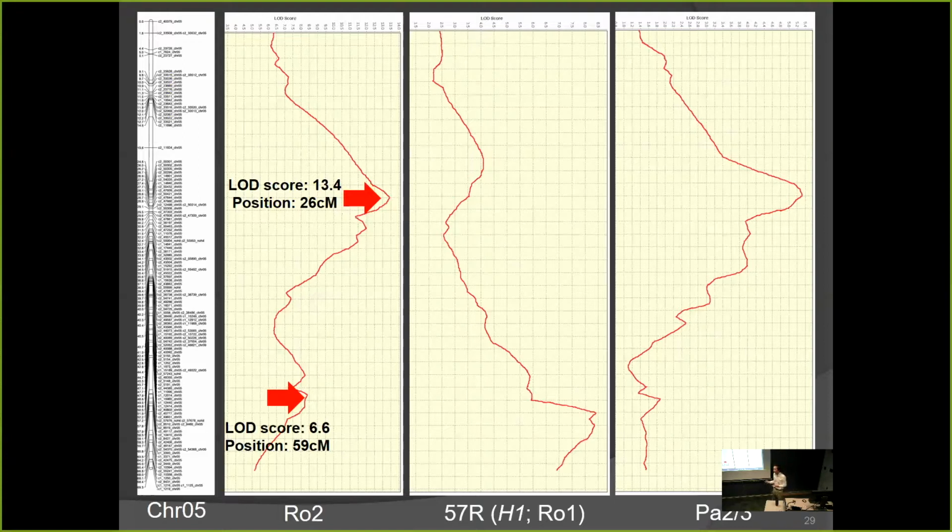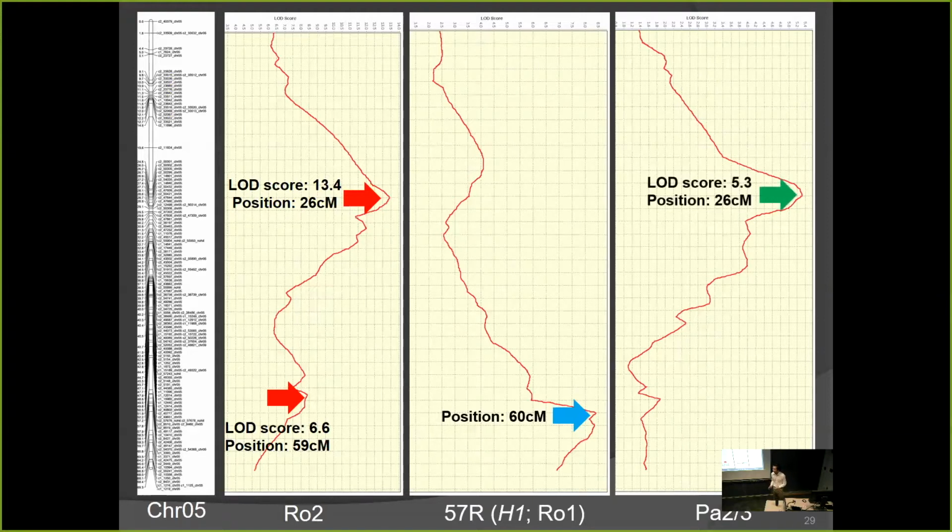PA23/2/3 means a mixture of pest type 2 and 3. So when I check the location of H1 gene, as you can see here, it was located on the 66 organ on the chromosome 5, which is very close to the second QTL peak of the R2 resistance. And when I checked the G-pallida resistance QTL peak, it was perfectly matched with the most significant QTL peak of